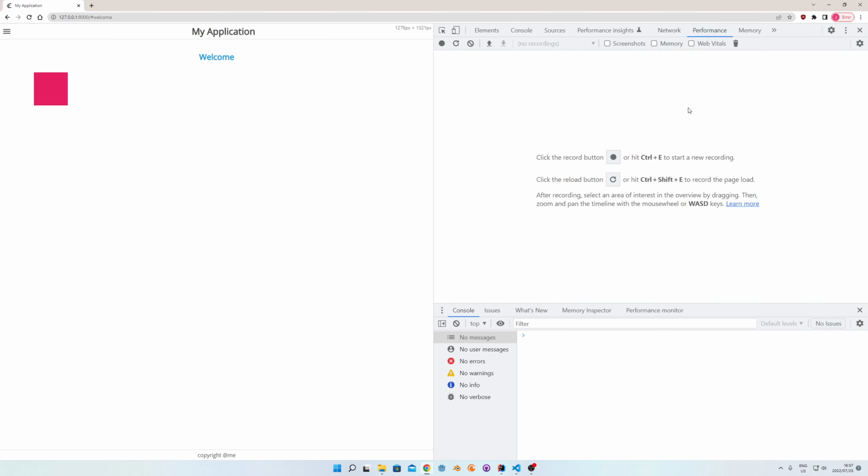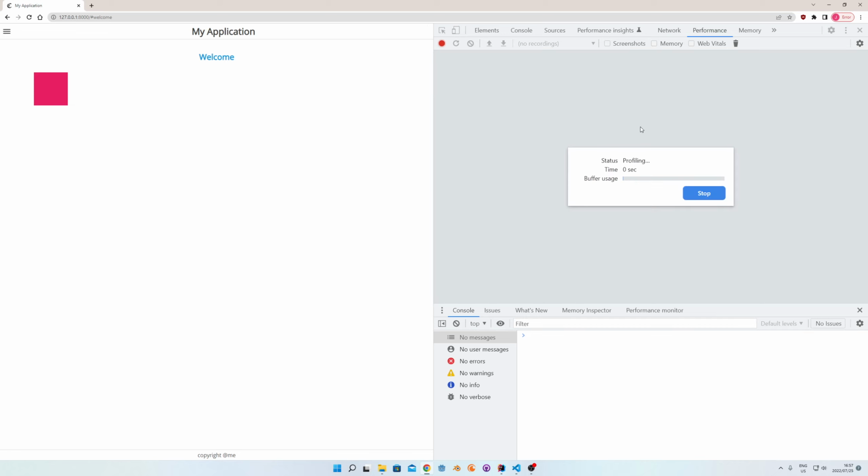One of the ways that we can do a performance check on this is that if we start our performance recording on this and we go back to our element, which we can't,